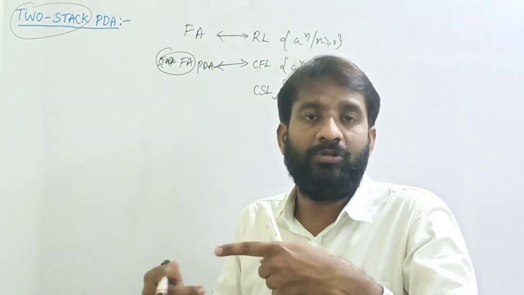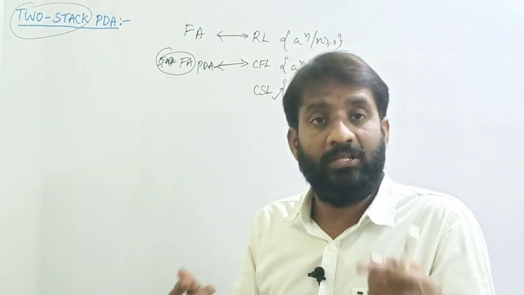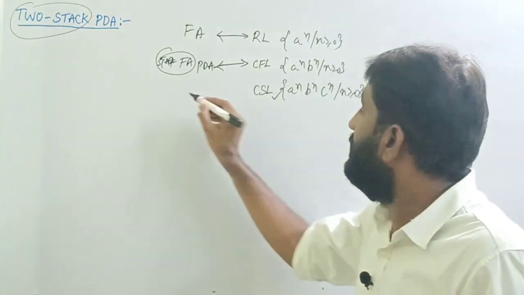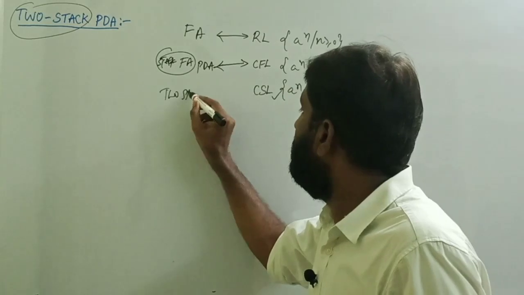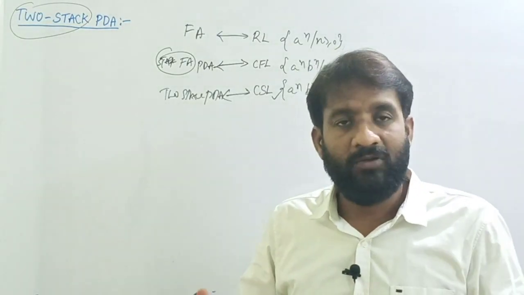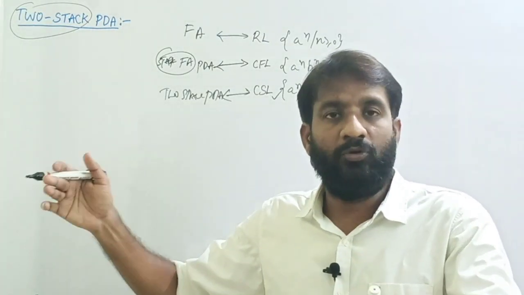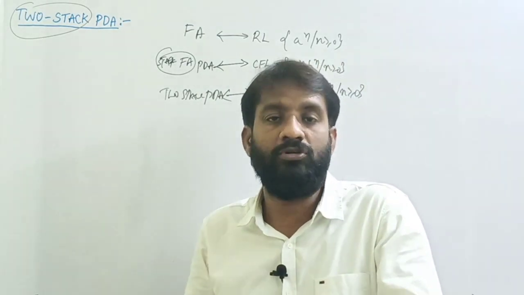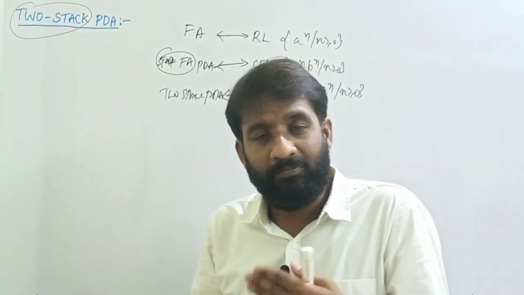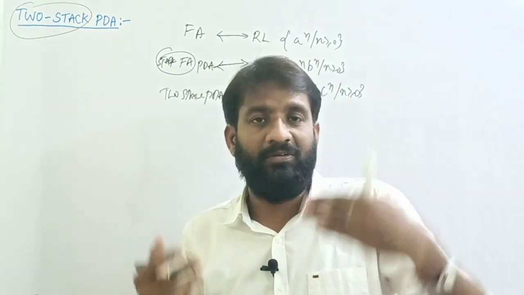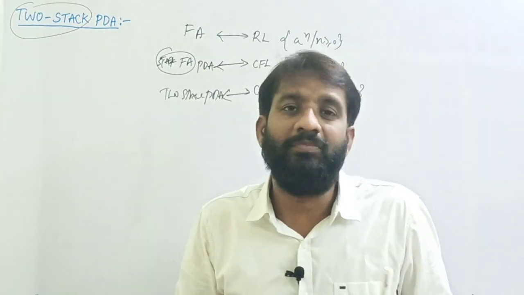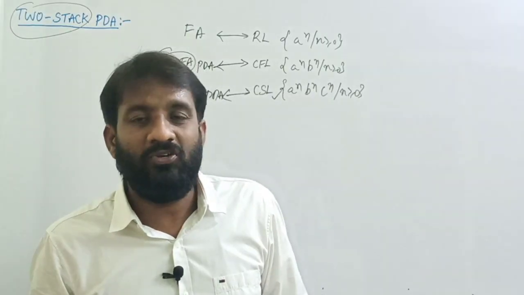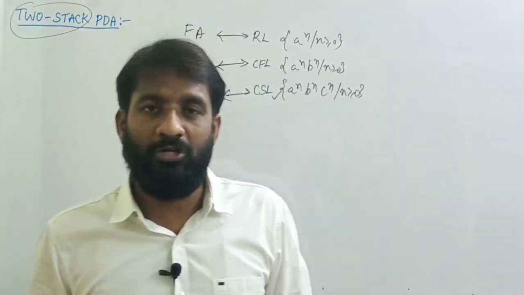If you add one more stack to your push down automata, the two stack PDA is able to accept this type of languages. Not only one more stack, you can add further stacks, meaning push down automata with three stacks. If you want to increase the power of the push down automata, you can add one more stack. This is how you can increase the power of the push down automata, by adding stacks. So first let me draw the model of the push down automata.